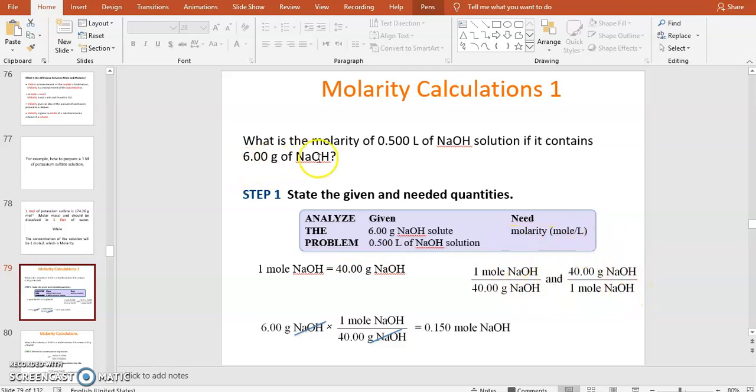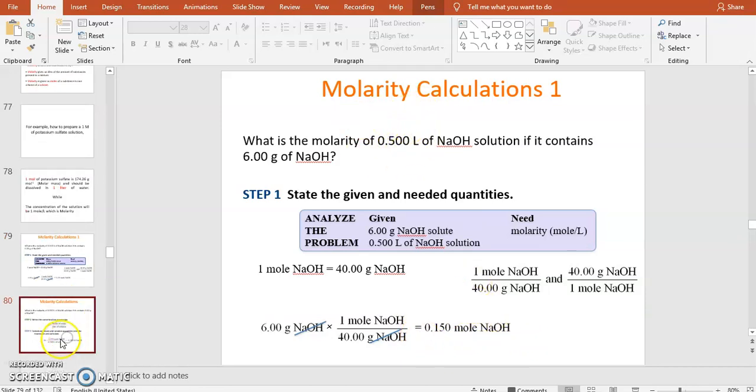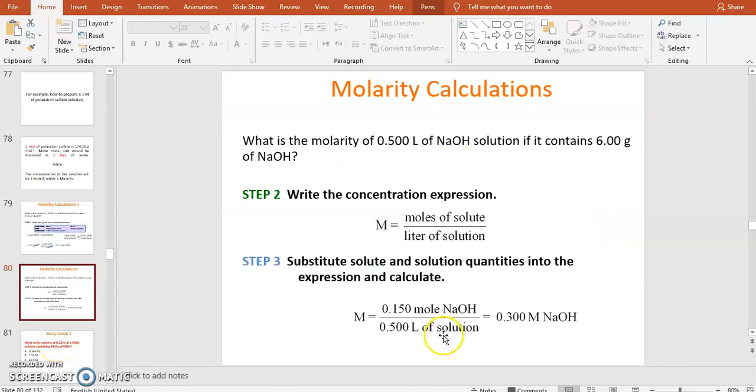And then we have 6 grams from the input here. So we would be using this conversion factor to get 0.50 mole NaOH. We got the mole now, and we have the liters here, so we'll divide the mole over the liter to get 0.3 mole of NaCl